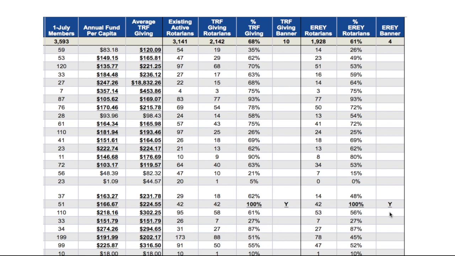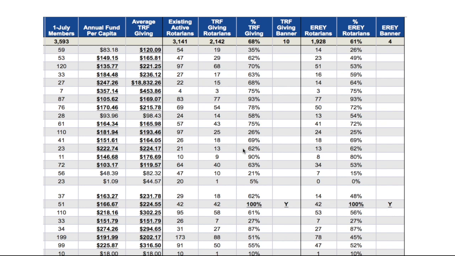And then there's a one-time Paul Harris Fellow Club. So a club that has 100% Paul Harris Fellows will receive a banner one time, and then the expectation is that they will maintain that level going forward. So let's take a look at the report itself and get familiar with some of the data it contains and